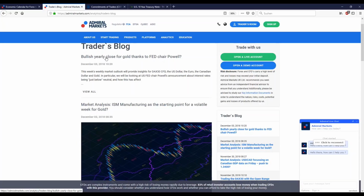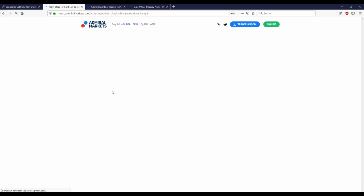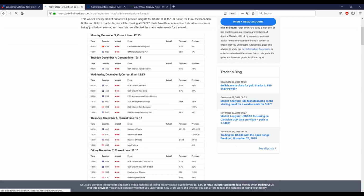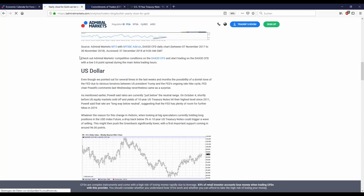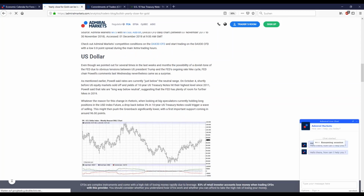So if you now click, for example, here on the bullish yearly close, this is the weekly forecast, you will see what Powell said last week and how it could affect the markets. You can already find it in the paragraph around the US dollar, and there you can see Powell said rates are currently just below the neutral range, which is very surprising because on October 4th, around 1.5 months ago, 2 months ago,